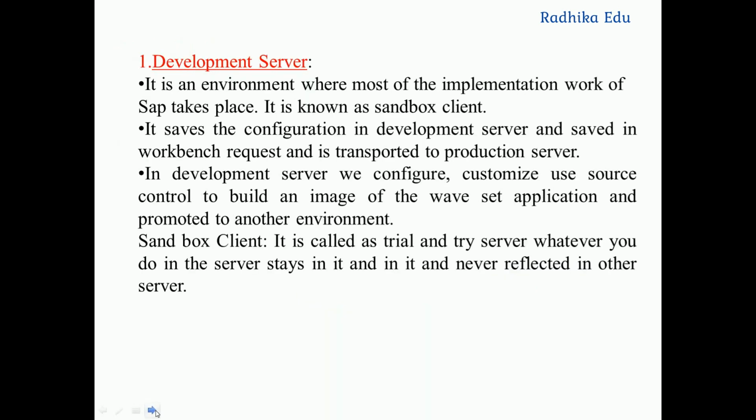Let us discuss the development server. It is an environment where most of the implementation work of SAP takes place. It is known as the sandbox client. It saves the configuration in the development server in a workbench request and it is transported to the production server. In the development server, we configure, customize, and use source control to build an image of the application and promote